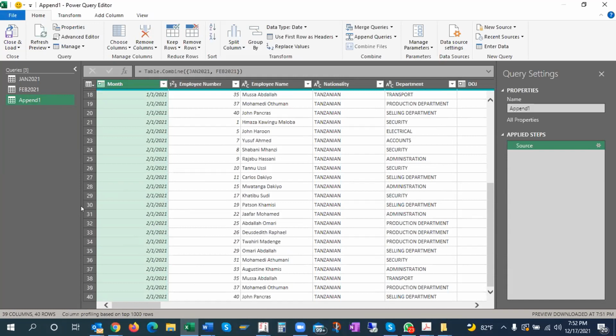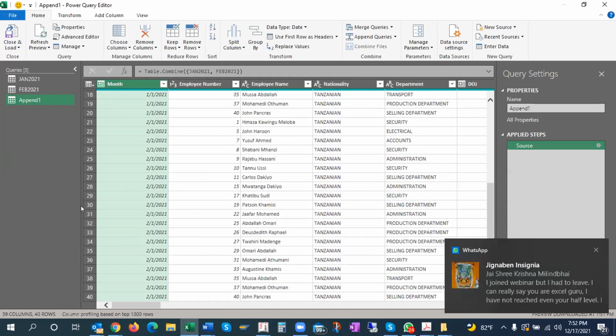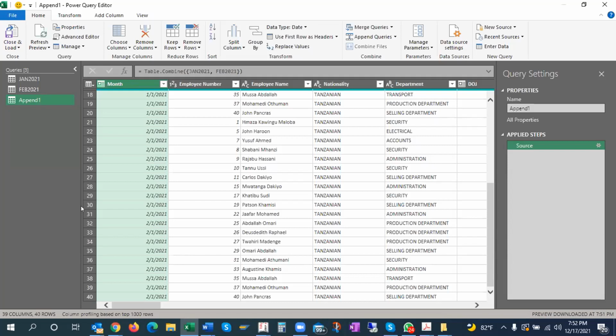The result is we would have received this data horizontally. Merge comes horizontally and append comes vertically. I hope you got my point. Earlier, when we merged the data, you could see the data on the right-hand side. It was expanding the columns, but here the number of rows were expanded and clubbed together. That is the difference between merge and append.